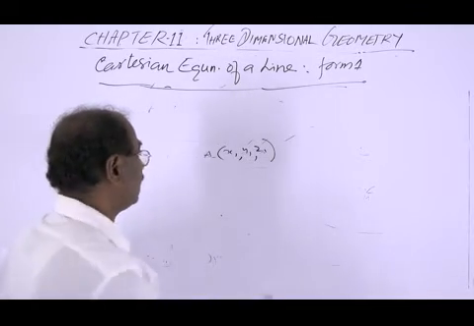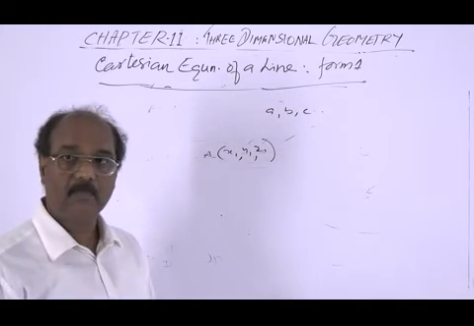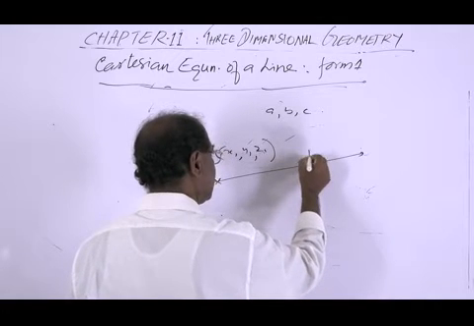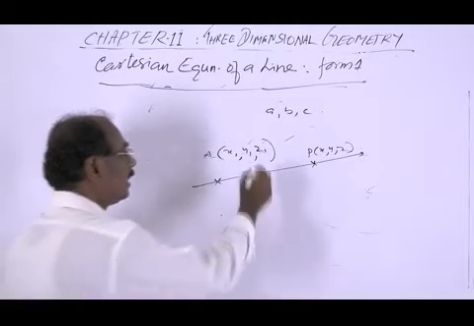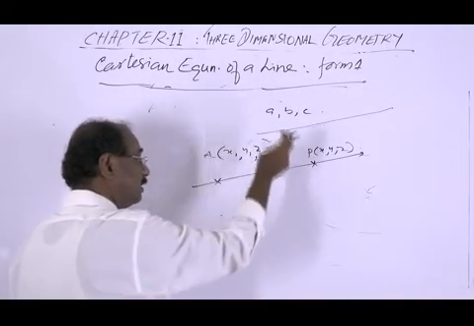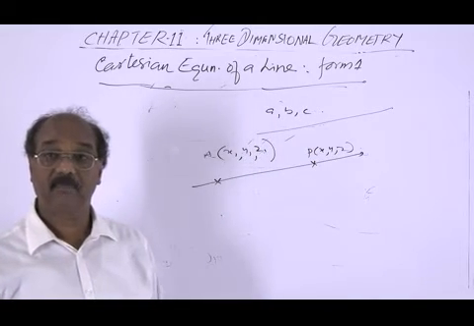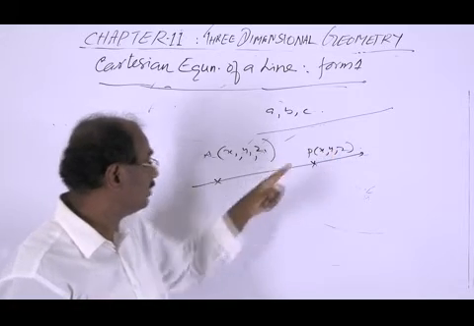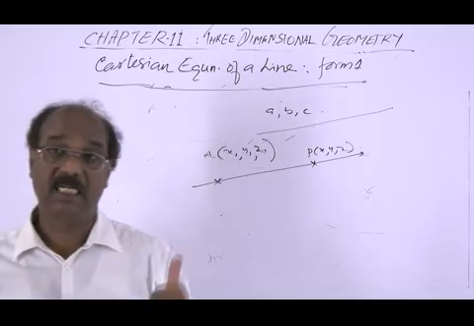So we assume the direction ratios a, b and c. Then this is the equation of the line. We take a point P(x, y, z) on the line. Another line we have, this line is parallel to a vector whose direction ratios are a, b, c. Then connect this point P, that is x, y, z, with x1, y1, z1 and a, b, c. That is the derivation of the equation.